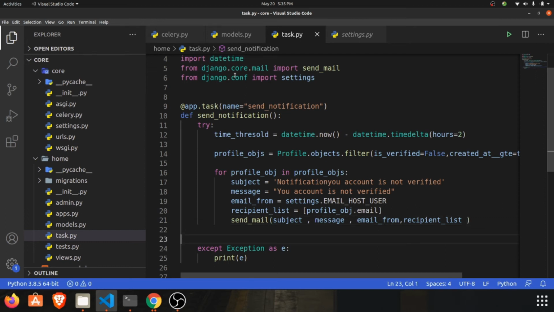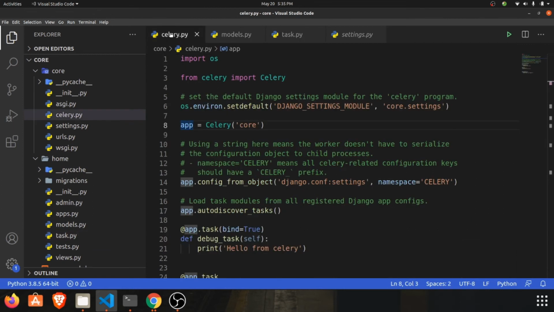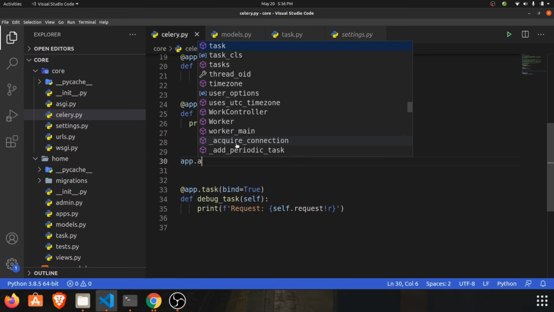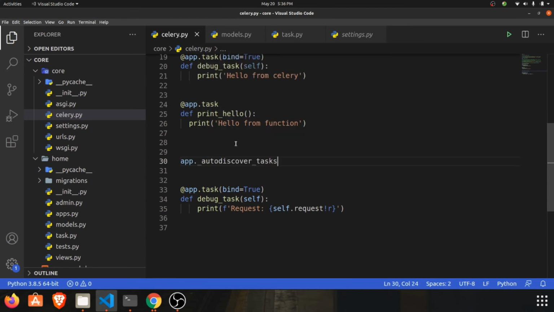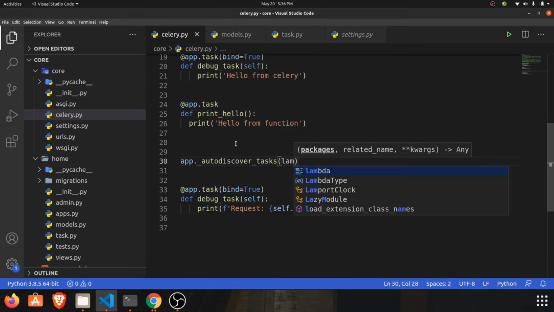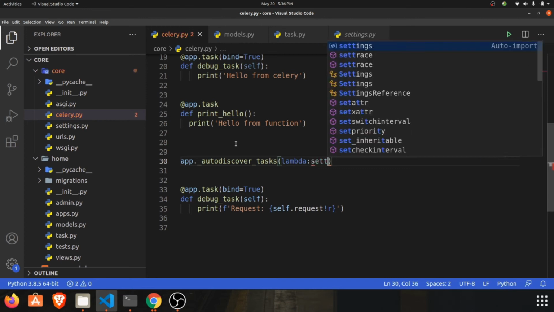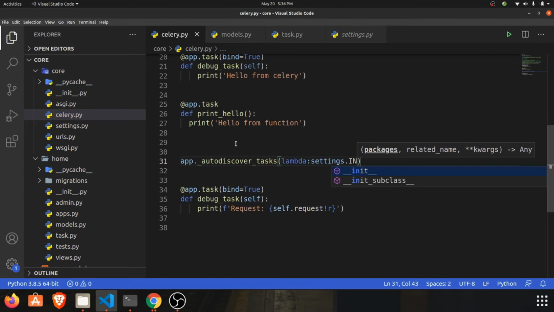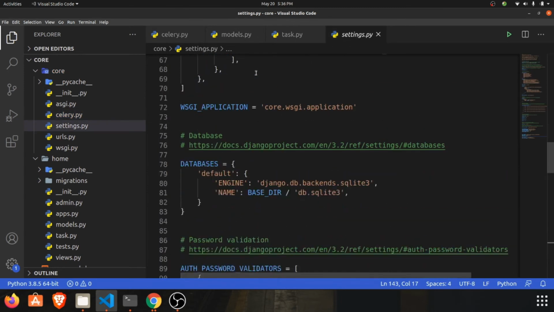So we will again go to our celery.py. We need to add one thing like app.autodiscover_tasks with lambda settings.INSTALLED_APPS. Let me tell you what I am doing.